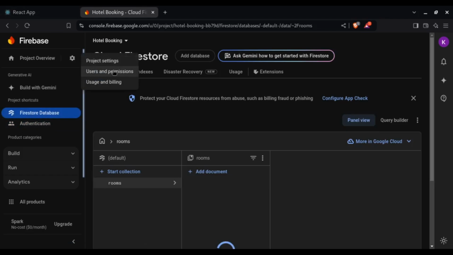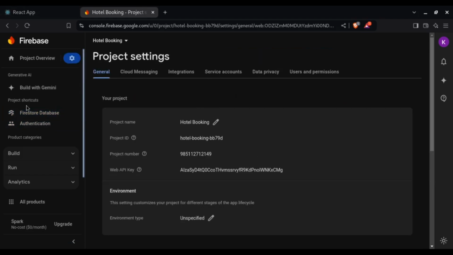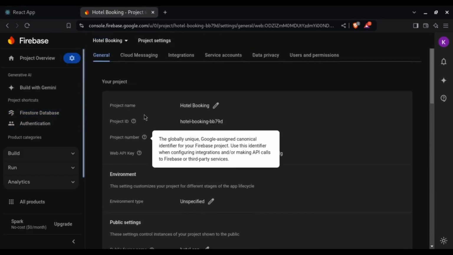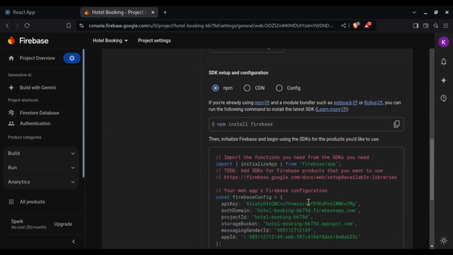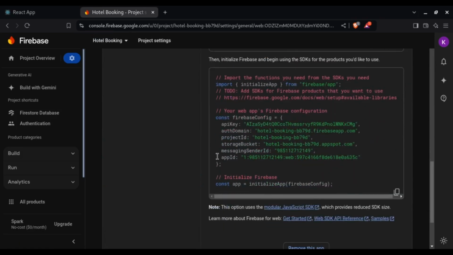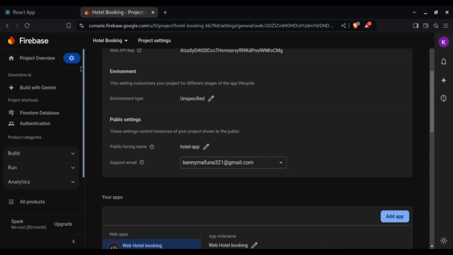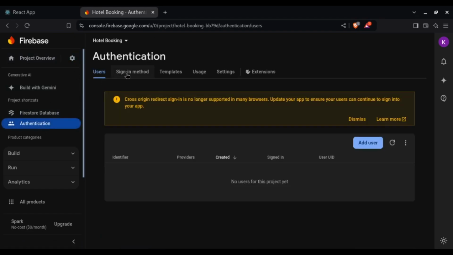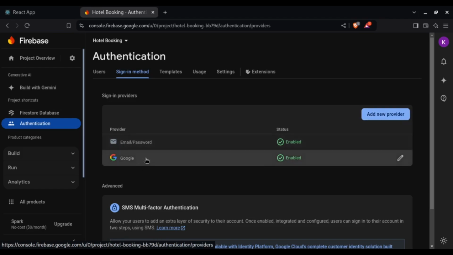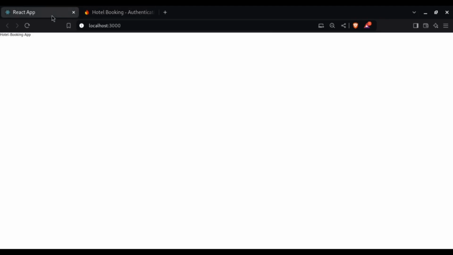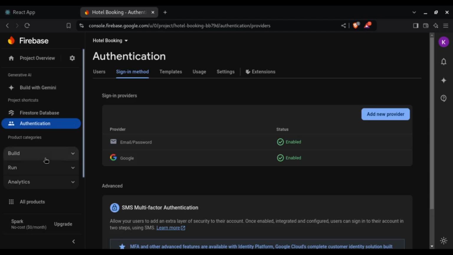Make sure that you have the web app enabled, and you'll take this configuration and paste it in your app. And on authentication, make sure that you have both the email password enabled and also the Google authentication enabled. Once that's done,